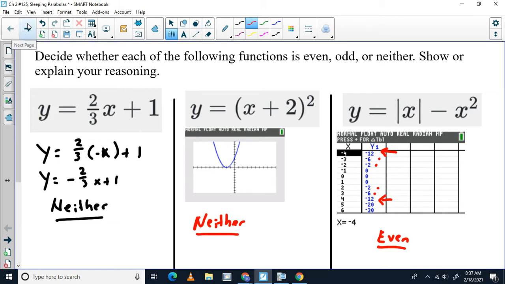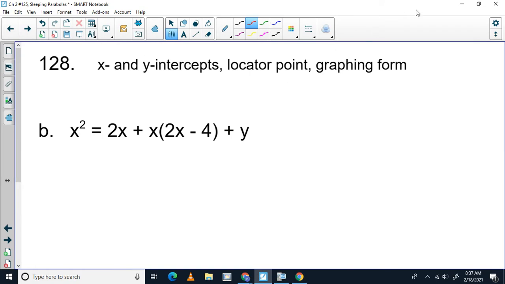All right, something else I wanted to go through. This was actually one of the homework problems, number 128, part B. For A and B, but the one I'm going to go through is B. They talked about trying to find the x-intercepts, the y-intercepts, the locator point, and finally the graphing form for this